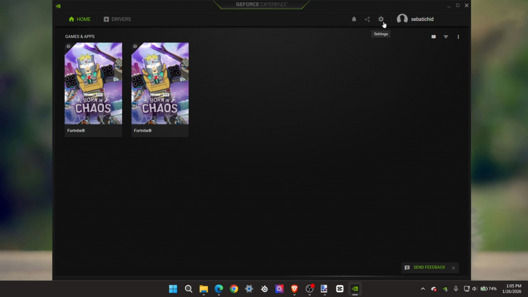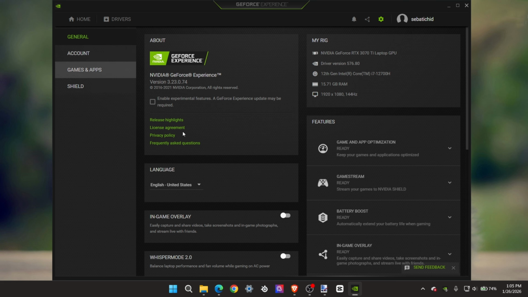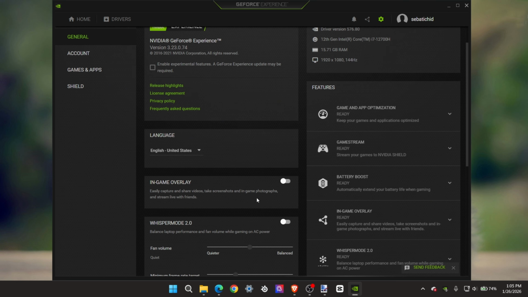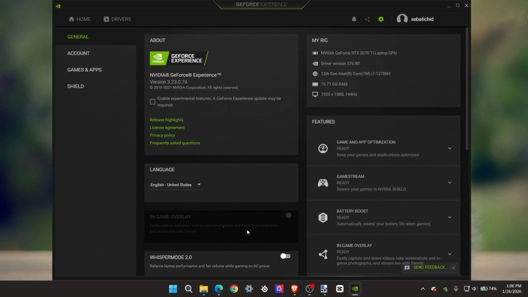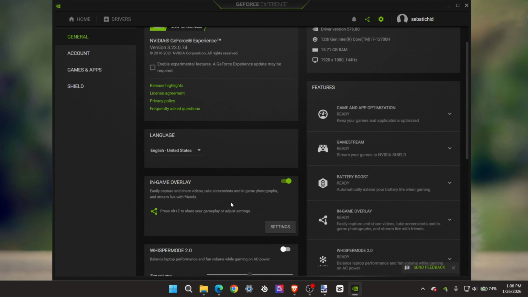Once we're here, just go ahead into your settings, go directly here into your overlay and make sure this is toggled on. Once you have done this, you can go ahead and do the next method, which is to